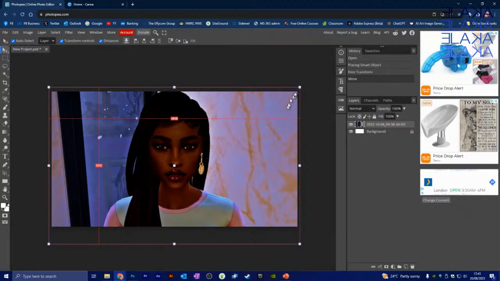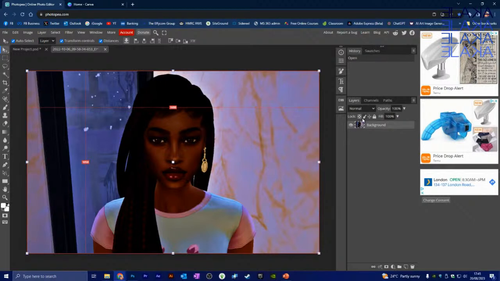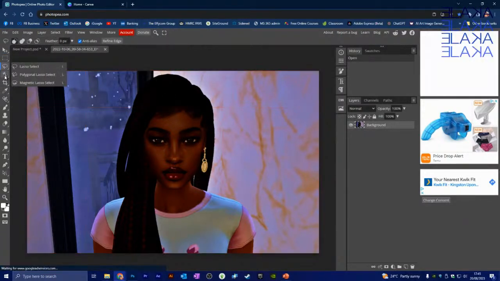So what do you do in situations like this? And if it happens, it's someplace like Photopea that you are actually utilizing. So the first thing I'm going to do is double click on the image. That way it opens in a new tab, so I can edit it without interfering with the rest of it. And then the next thing I'm going to do is use the